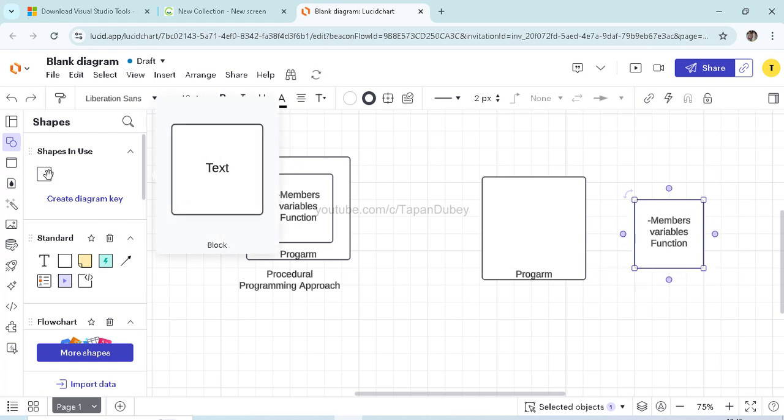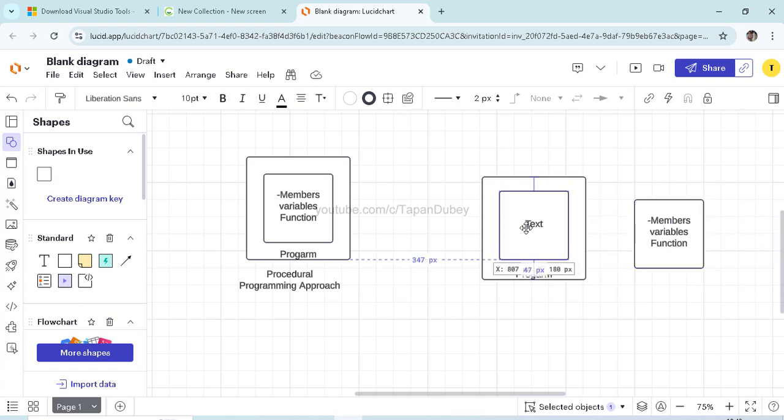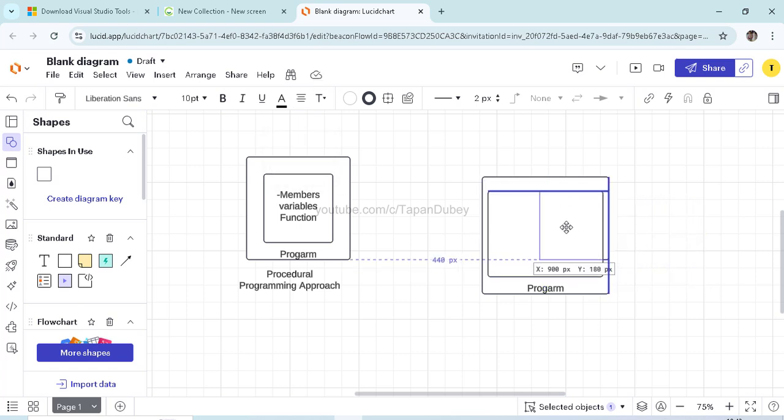We have one more wrapper, so let me try to add this here and expand it a bit. In the object-oriented approach, we have one wrapper that is called a class. And this class will contain all of this,